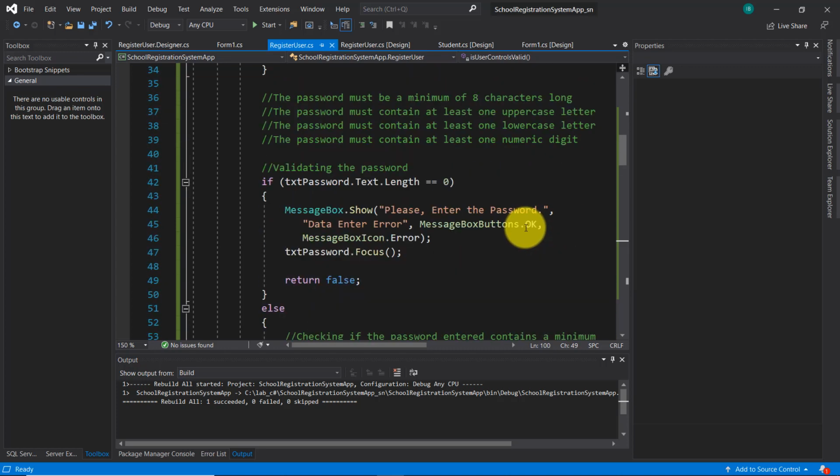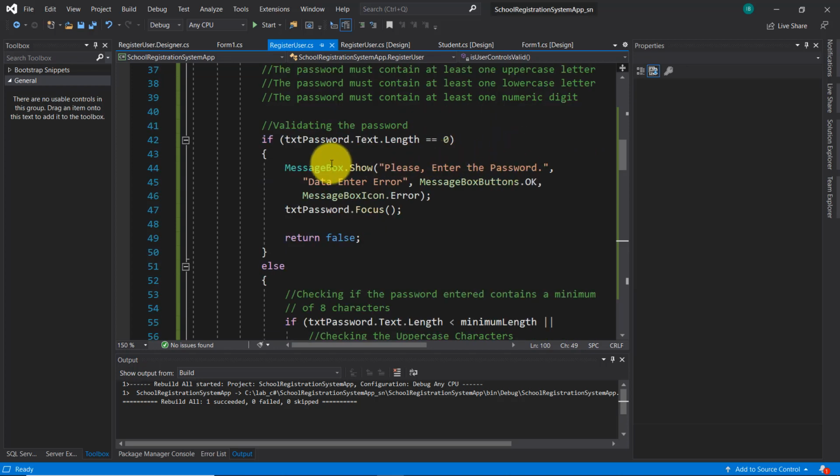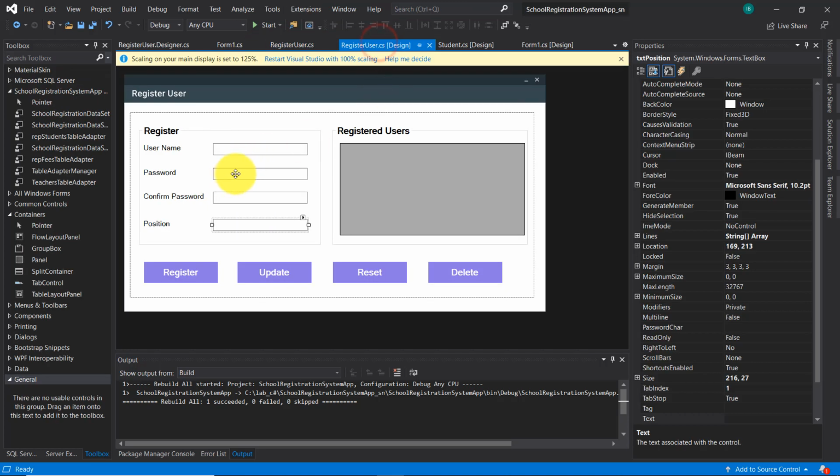Here, where I write the validation of the password, the code is a bit different because the password must be a minimum of 8 characters long. The password must contain at least one uppercase letter and one lowercase letter and one numeric digit. All right. So if the user will enter a password in this text box which belongs to this password,